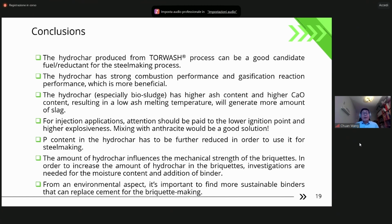Regarding the injection applications, as I mentioned, the ignition point is low, and there is also high explosivity. So that would be very important. At the steel production side, we have to pay more attention to keeping this safety issue. We need to store it in a good way so that there will be no ignition, no fire,